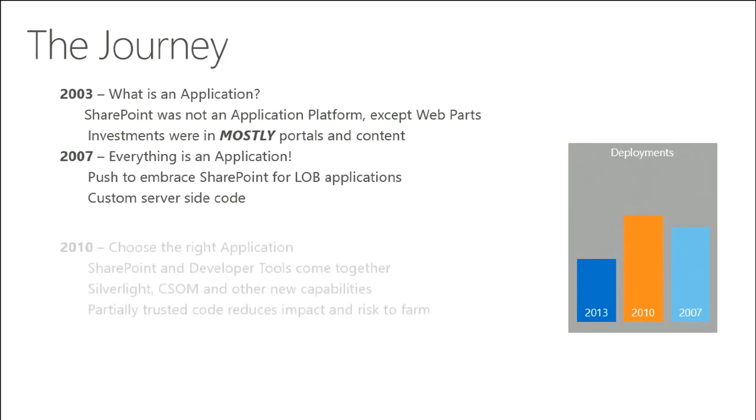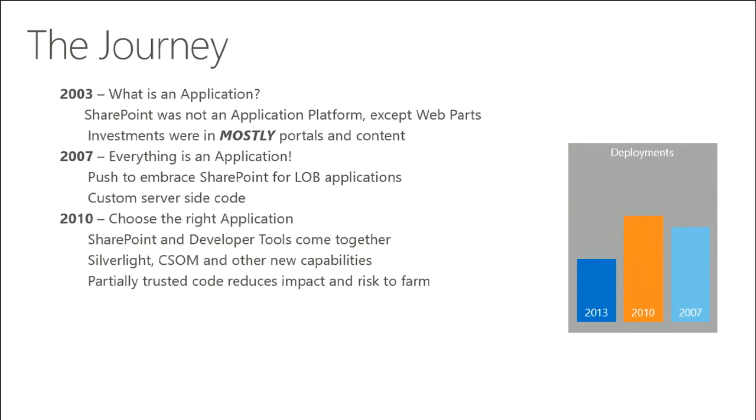In 2010, we know that we learned our lesson, right? Some of the code that was deployed into SharePoint 2007, if it didn't follow good team practices or code quality practices, you might have deployed a solution or a web part that had a memory leak, and that might have brought the entire server farm down, right? Anyone remember that? I know I've done it. Sorry if you're maintaining my code that I've done that.